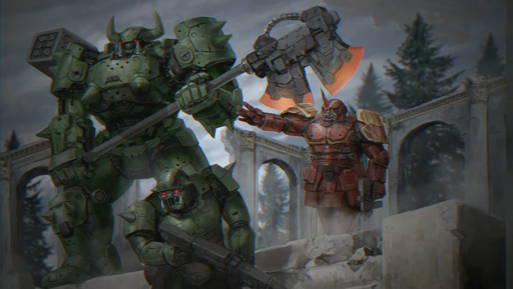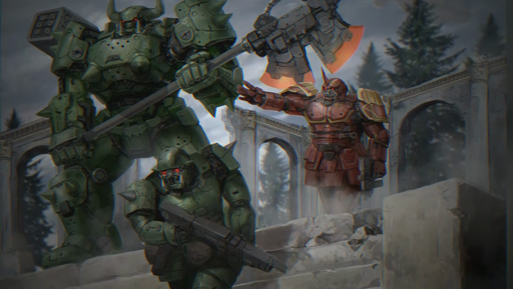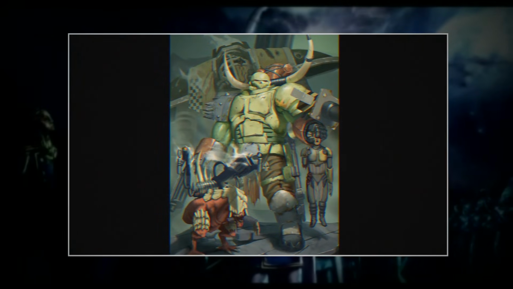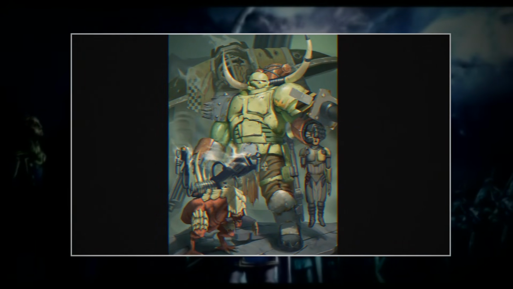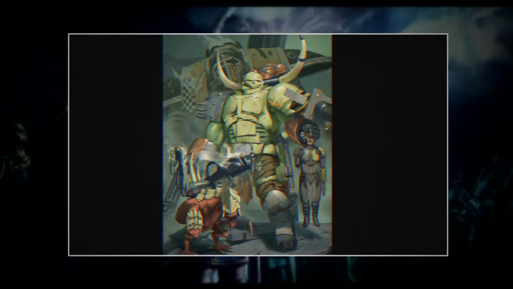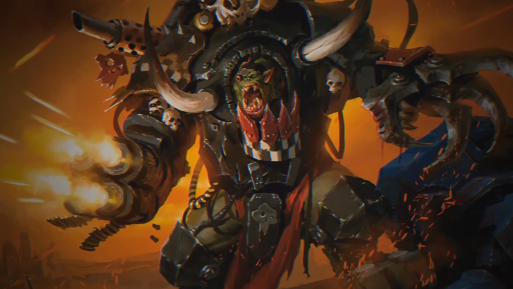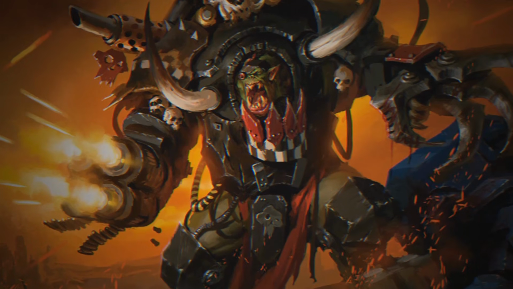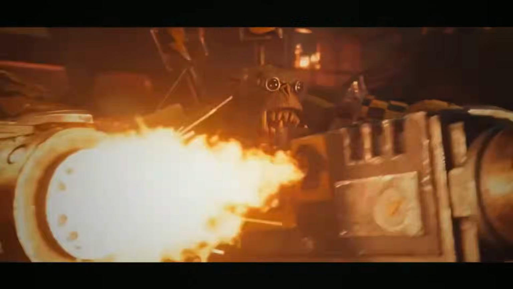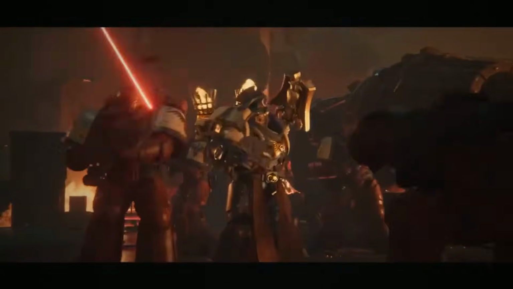They were also incredibly adaptable, capable of thriving in even the most hostile environments, a trait that would prove crucial to their long-term survival. As the millennia rolled on, the Krork, another magnificent creation of the Old Ones, began to evolve. This evolution, driven by the relentless pressures of warfare and their inherent genetic programming, would eventually lead to the emergence of the Orcs, the ubiquitous green tide that plagues the galaxy in the 41st millennium. The transition from Krork to Orc was not a sudden one, but a gradual shift, a refinement of their warrior instincts, and a simplification of their complex biology.